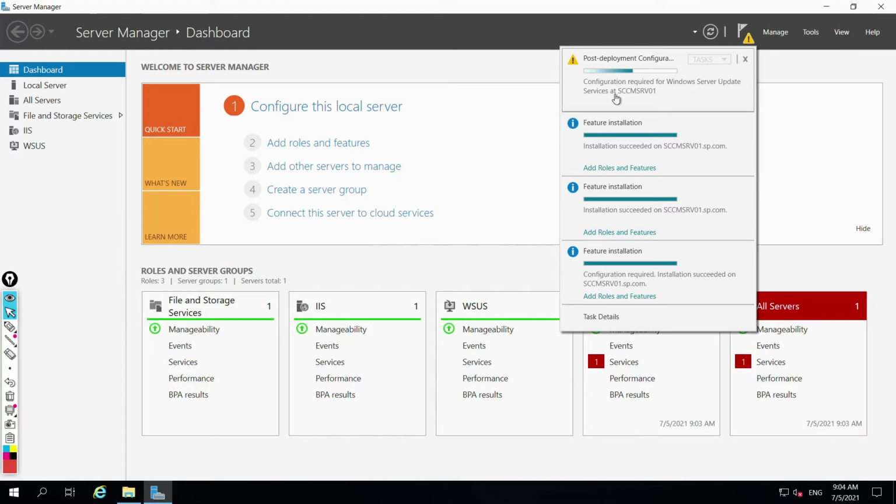So you can see it is configuring the required configuration for the WSUS server.